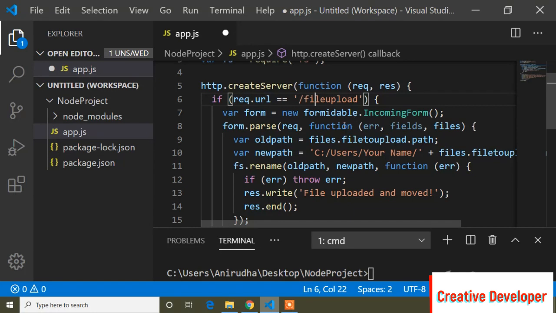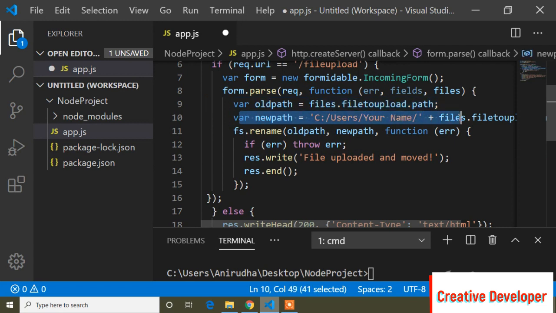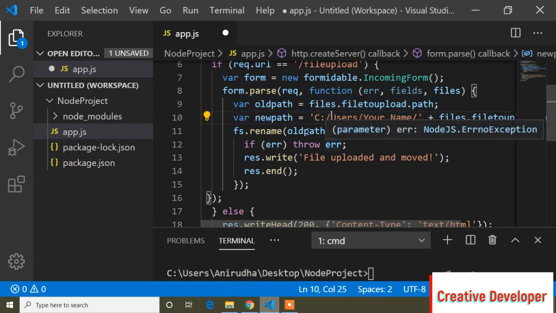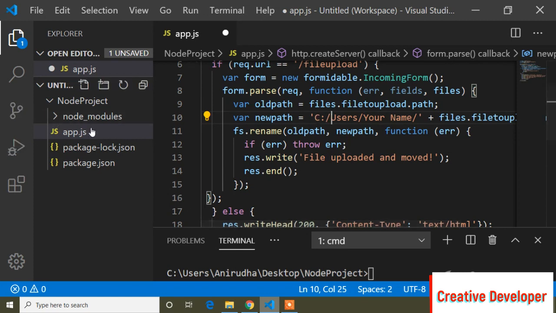Okay, and now here is the form, and we create a new Formidable object, and there is the old path and the new path. New path means in which folder you want to upload your image. So I want to upload to an uploads folder.